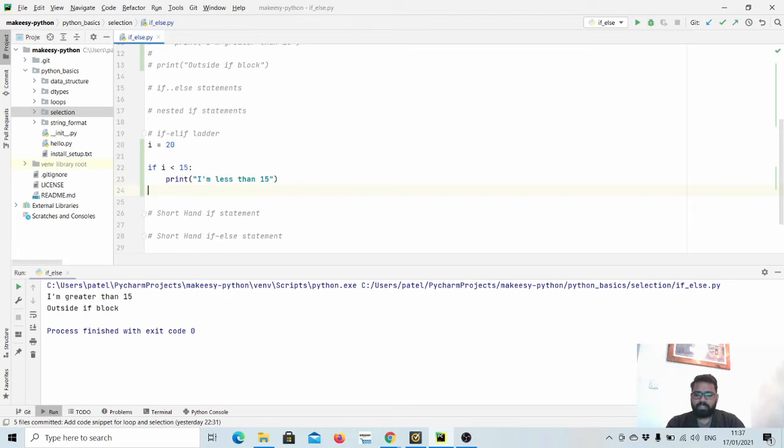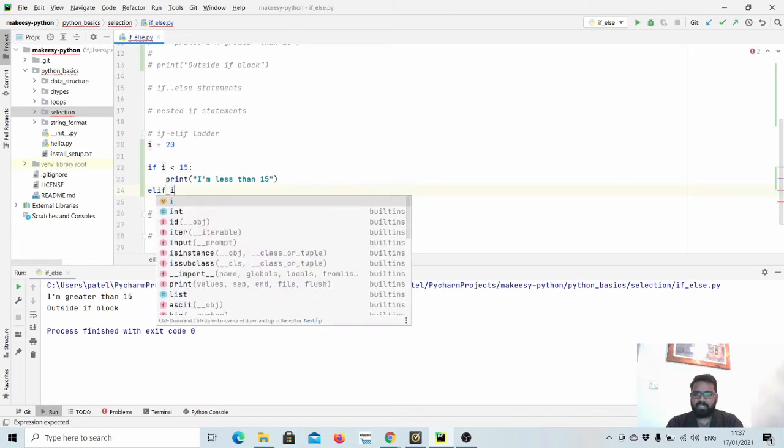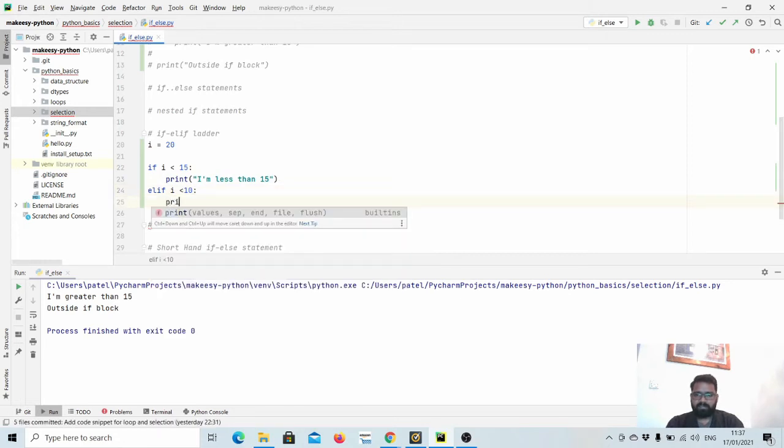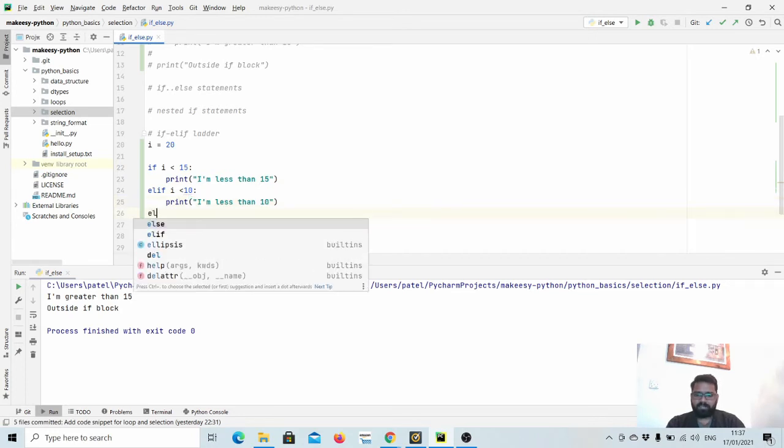The keyword is simply elif, so it means else if. So we will add another condition: if i is less than 10, simply print "I am less than 10". We can keep adding, like elif